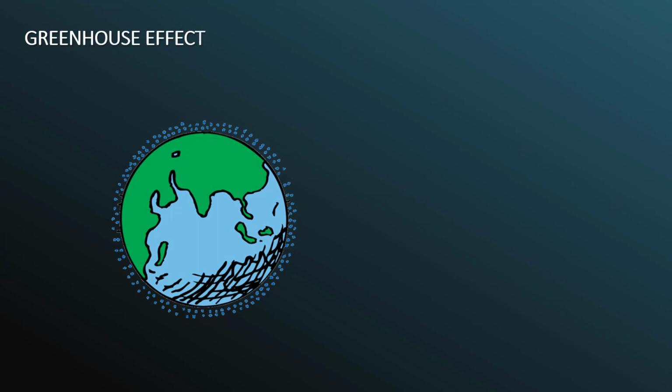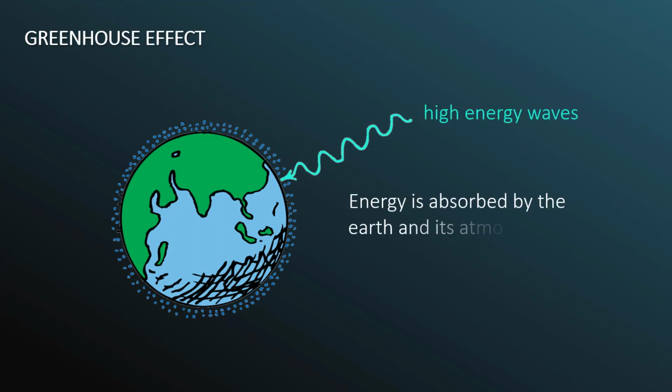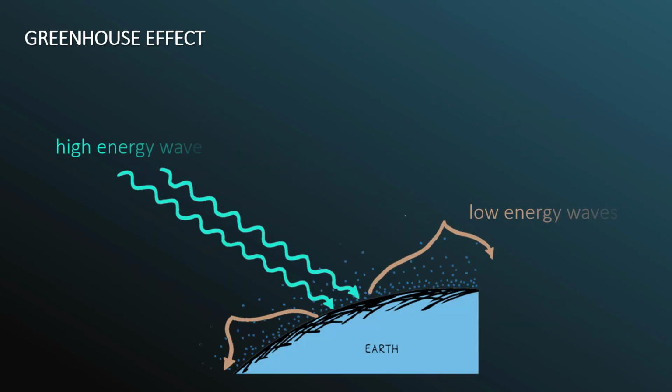The greenhouse effect. Earth's temperature depends on the energy balance between incoming solar radiation and outgoing terrestrial radiation. The Earth's atmosphere acts as a sort of semi-permeable membrane. It allows the high-energy visible electromagnetic waves to move in and out through it, but the atmosphere does not allow low-frequency waves emitted by the Earth to easily leave. They get stuck, bouncing between the Earth's surface and the atmosphere, as shown in this illustration.